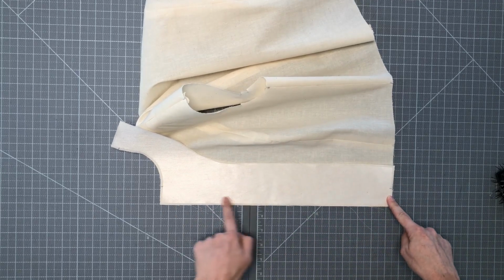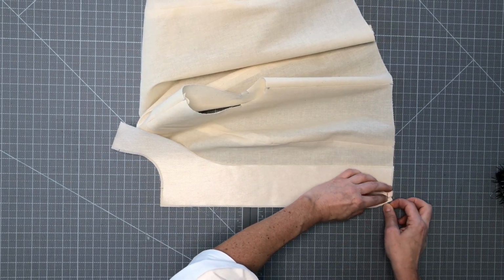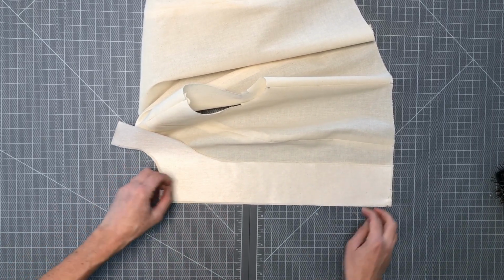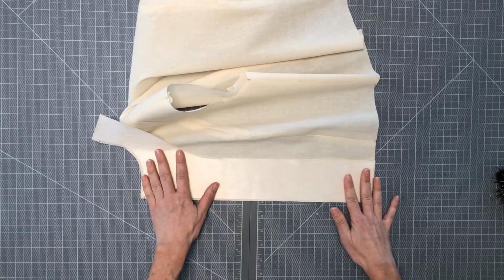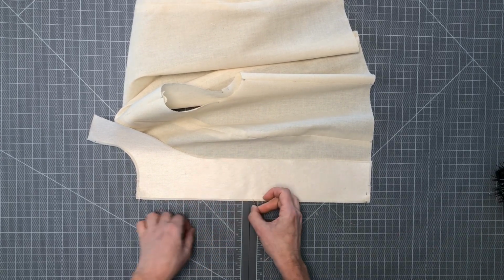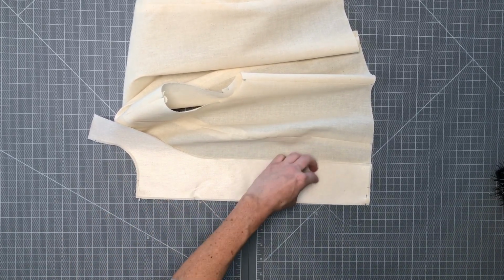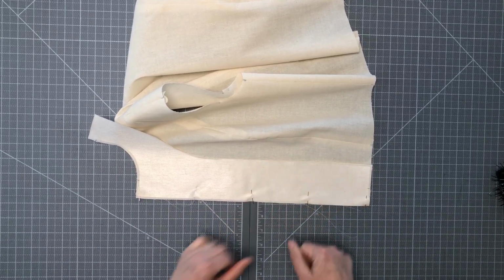So nicely match up the front edge here. And you'll want to first pin at the bottom of the facing and then move all the way up to the top corner and pin. Make sure everything's sitting nice and smooth. And then next you'll pin in the middle of these two, and in the middle of these two. And then lastly,